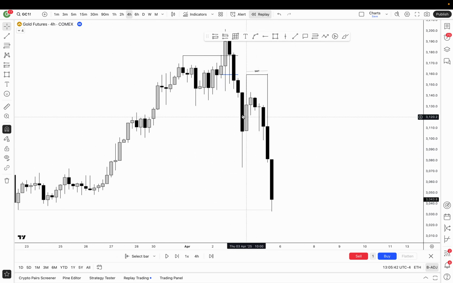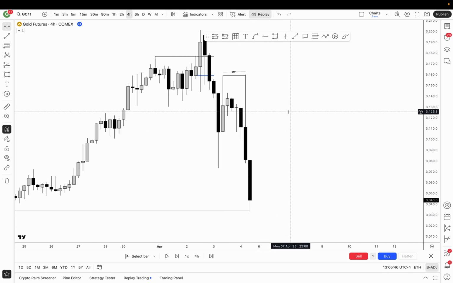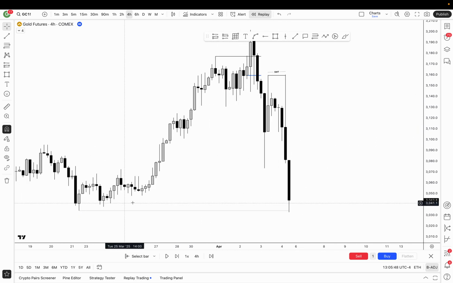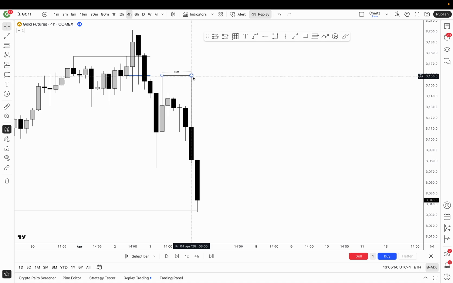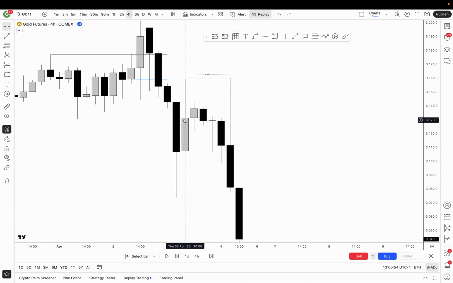SMT, right? Because if the strongest asset is failing to reverse, what does that tell you? That it's going to catch up to these lows, right? So that's just one thing about SMTs. There's a lot of things we can talk about with SMTs, but what's the ideal way to reverse from a consolidation? It's manipulation, right? When we engage with the key level, we're always looking for SMT, so we have an